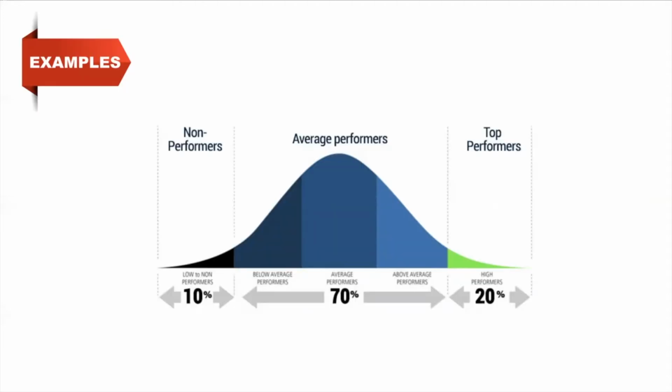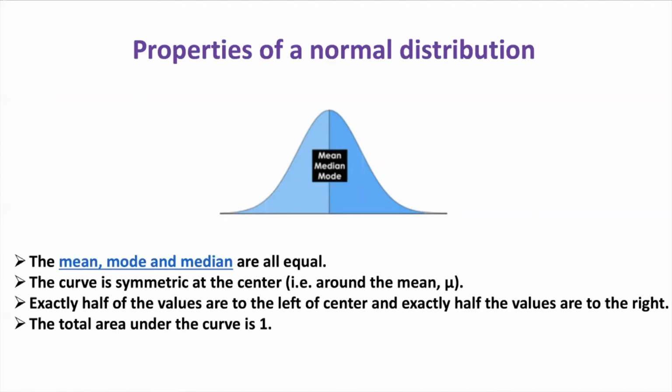So it will not be ideal to consider less than 68% of the data, and it will then not be a normal distribution. Let us take an example to understand normal distribution with school performance. As you can see, the bell curve is already divided into five parts: this one, this one, this one, this one, and this one. By the 68, 95, 99.7 rule, 68% of the population lies within this, so we will consider this as average performers. And below this, it lies in the second standard deviation of the mean, so we will consider this as below or above average performers. And for the third standard deviation, the non-performers or top performers, which are exceptions, lie within this.